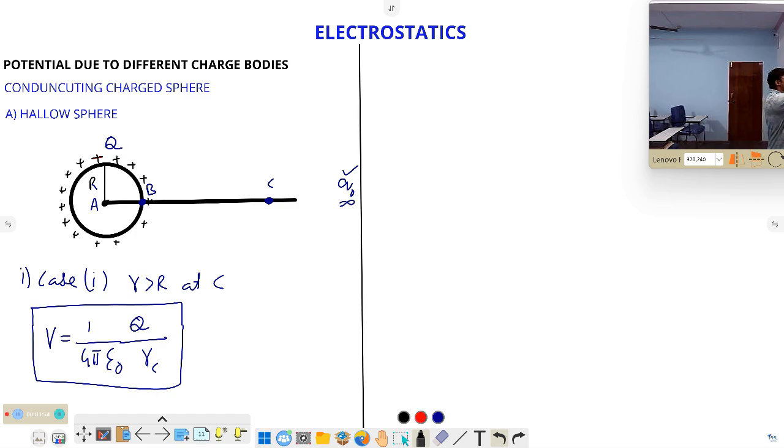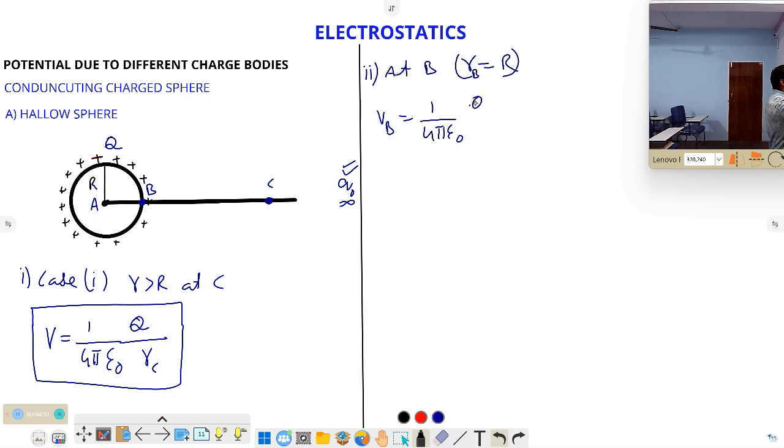Similarly, what is the potential at point B? At point B, small r is equal to capital R. That means the distance of point B is equal to the radius of the sphere, because point B is exactly on the surface of the hollow sphere. In this case I can apply the same concept, because here also you bring the test charge from infinity onto the surface, and the work done is due to the charge of the sphere. So the potential at point B is equal to 1 by 4 pi epsilon naught